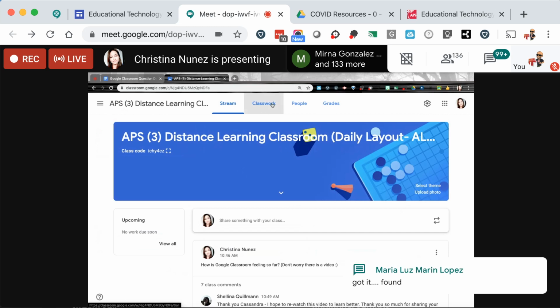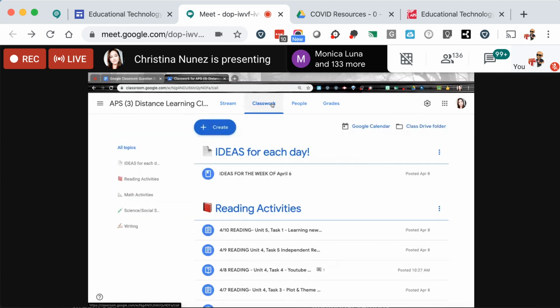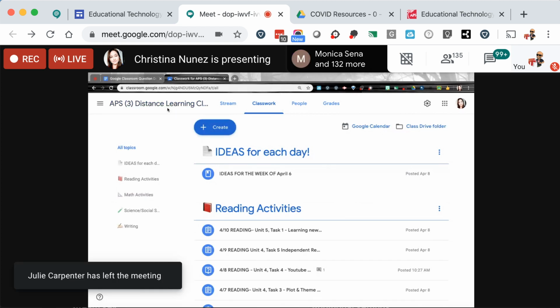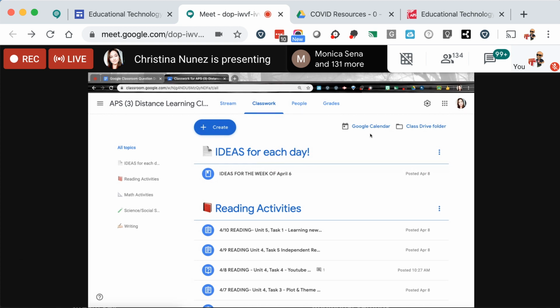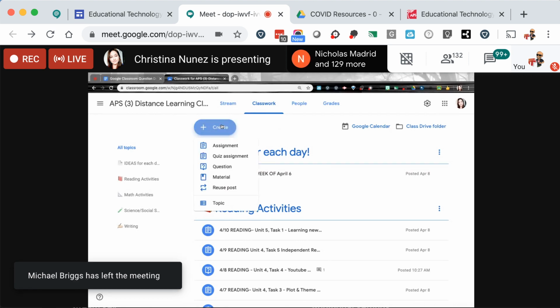So if I have classwork and I want to keep my own individual classroom, the way I would do this is I have this classroom, and since Janae is a co-teacher with me, I will have access to her classroom and she can have access to mine. So if I create an assignment, we don't necessarily have to put everything in the class together, but when I go to create and I go to reuse post,